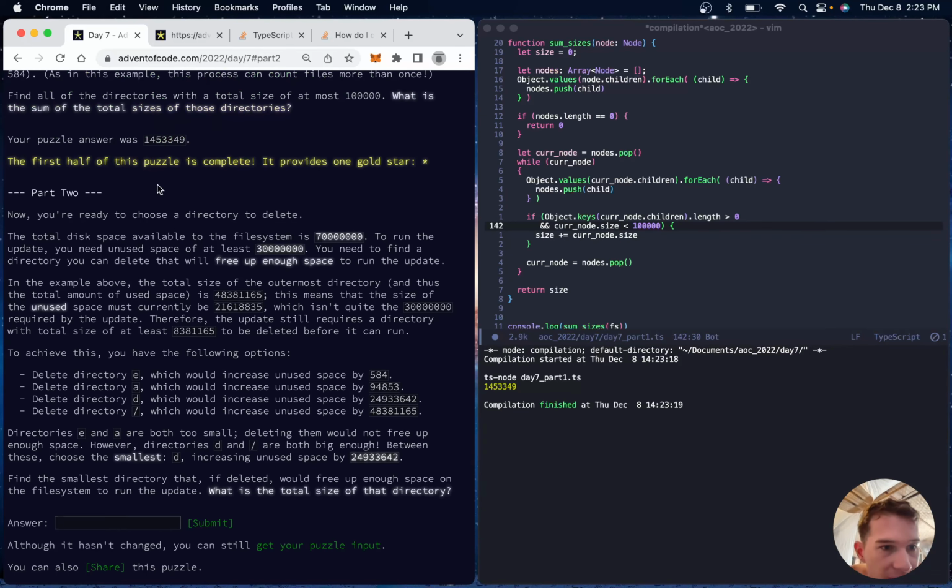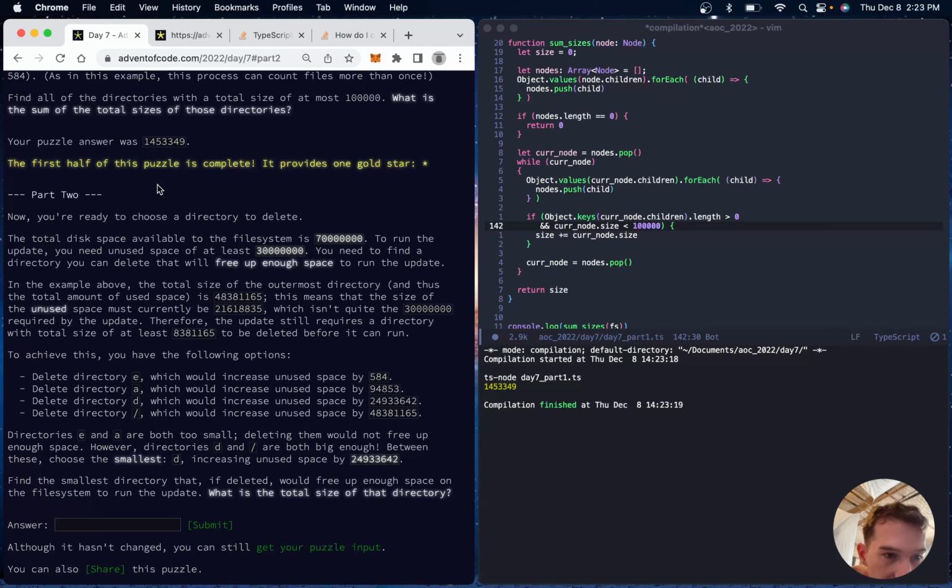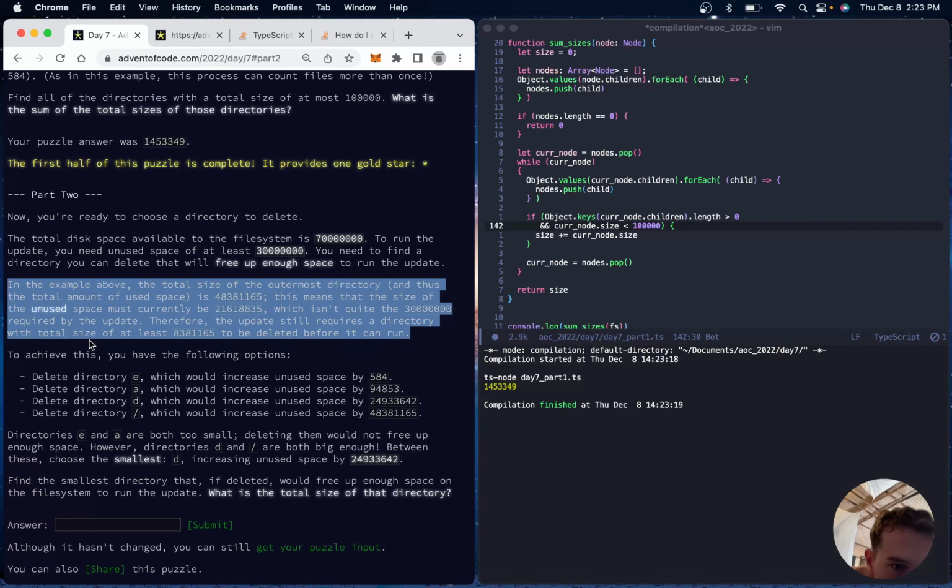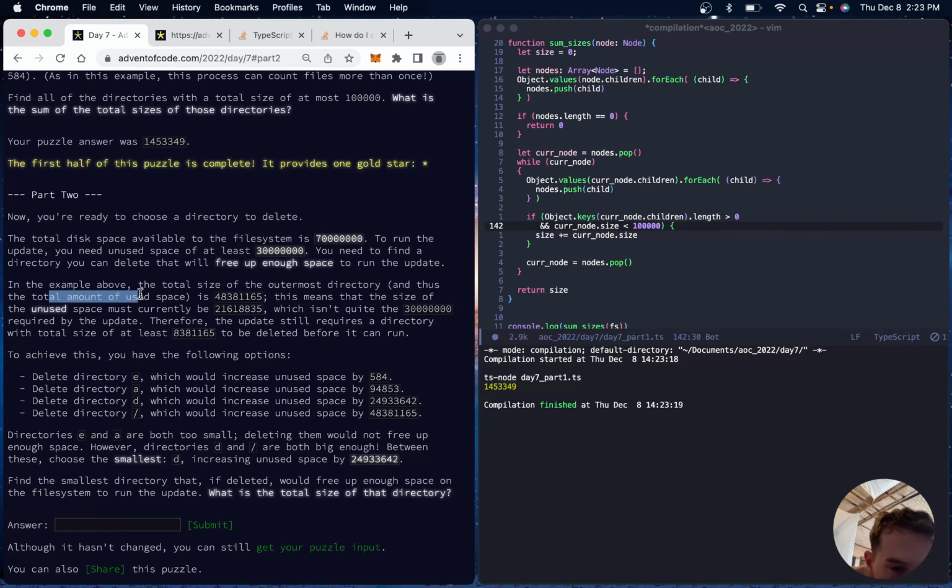Part 2. Now you're ready to choose a directory to delete. The total disk space available to the file system is 70 million. To run the update, you need unused space of at least 30 million. You need to find a directory you can delete that will free up enough space to run the update. In the example above, the total size of the outermost directory, and thus the total amount of used space, is